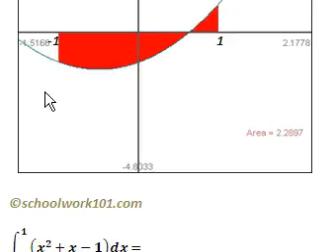And we're going to do that by actually integrating between -1 and where the graph crosses the x-axis, and then we're going to get that area. Then we're going to integrate between wherever the graph crosses the x-axis here and 1, and that will give us this area. Now when we integrate between -1 and where the graph crosses the x-axis, we'll end up getting a negative number, and that's because